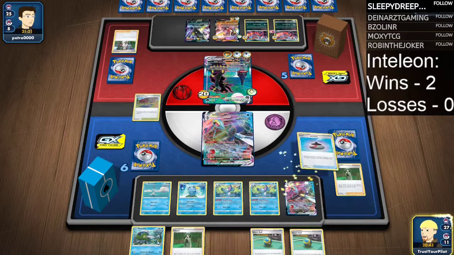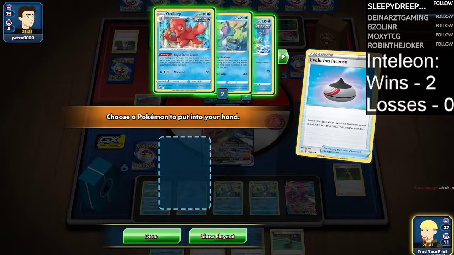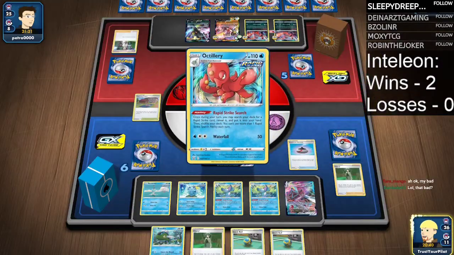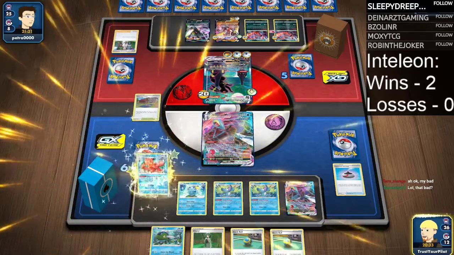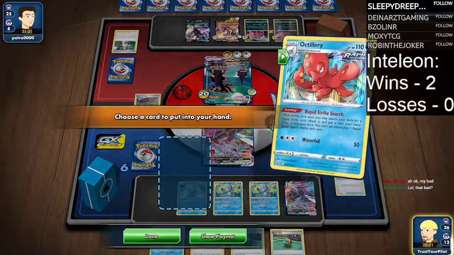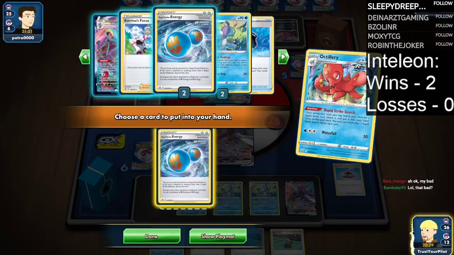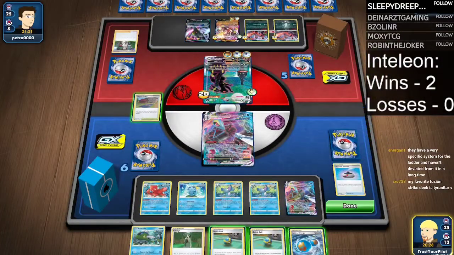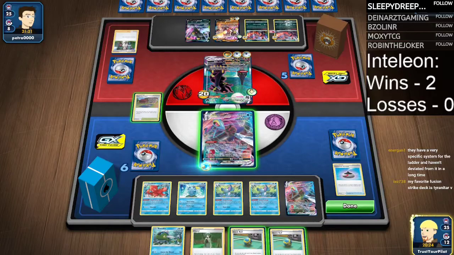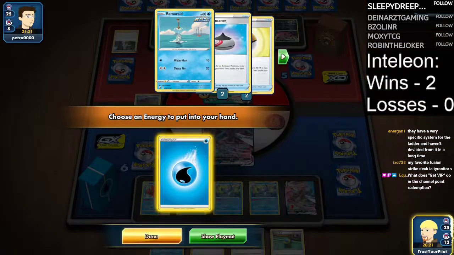Alright, so we're going to heal off all that damage. We have another Cheryl, that's perfect. Let's go get Octillery, Rapid Strike Energy. So we're pretty much set up. The loop is set up. I did have to burn that Cheryl early, so the loop won't be as problematic for my opponent, and I don't really have a whole lot going on, but...